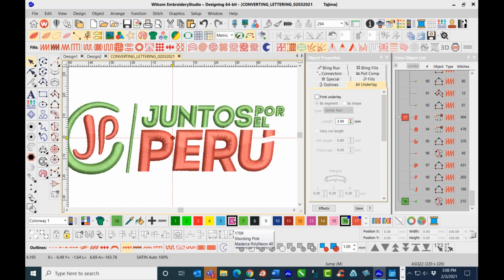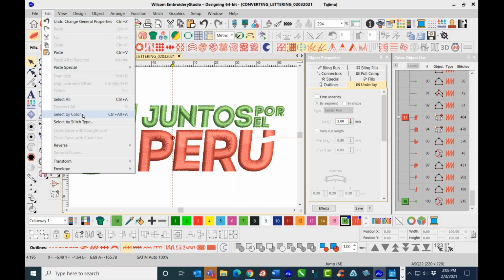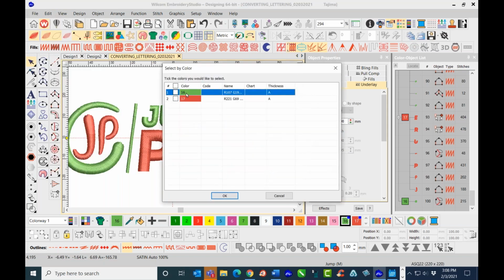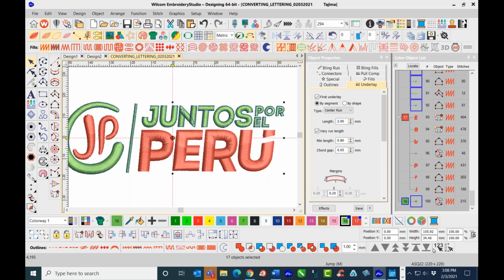Wrong. So I'm going to go here. I want to grab all the green. So I'm going to go by color. I'll choose 16. In my sequence tool, I have that to move to the end. Oh, I'm sorry, to the end. Or,